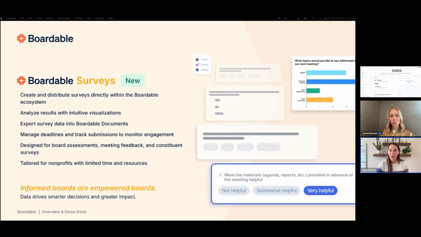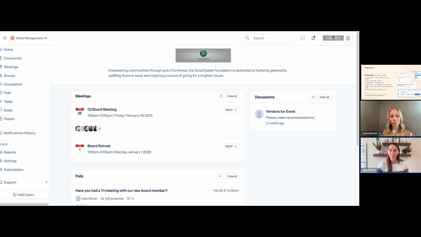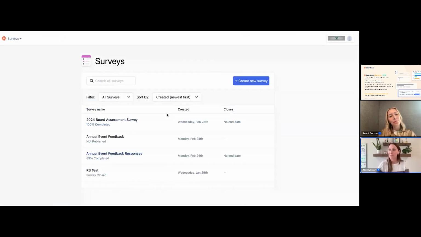So I'll go ahead and hop in. So you'll see here, we're looking at board management. One thing you'll notice is with surveys, we now have the ability to toggle over to that application. So I'm here in board management, I'm gonna click over to surveys. And as it comes up, you can see a list here of all the things, what's created, if it's open